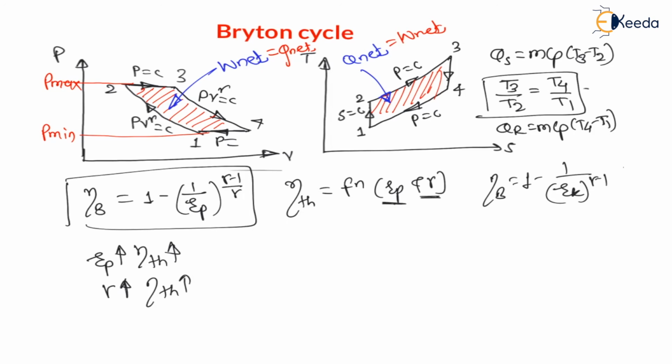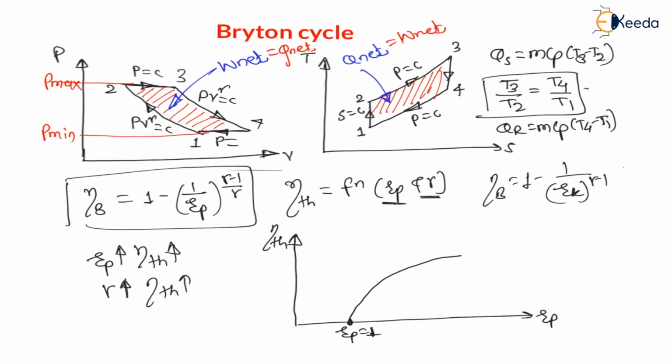Right, let us observe the effect of operating variables here. If I draw graph, that is thermal efficiency versus pressure ratio Rp. Now if this pressure ratio is equal to 1, 1 divided by 1 is 1, 1 to the power anything is 1, 1 minus 1 is 0. Therefore whenever pressure ratio is equal to 1, efficiency is 0, right? And as the pressure ratio goes on increasing, efficiency goes on increasing, therefore the graph will be like this, right? And at Rp max, let us say at maximum pressure ratio, efficiency of cycle becomes equal to maximum efficiency, right?